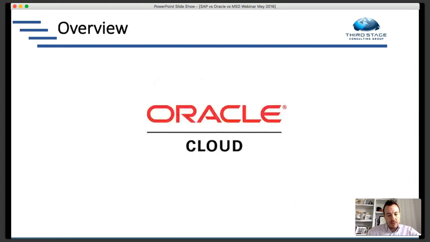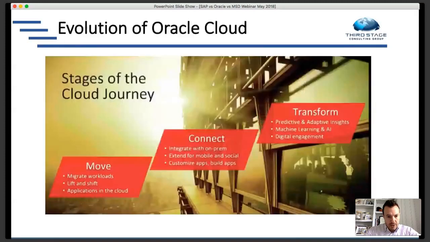So that's a real high level overview of SAP and HANA and the architecture, the scope, the evolution of the product. And now I want to shift gears and talk a little bit about Oracle Cloud. So when we look at Oracle Cloud, it's a similar type of evolutionary process they've gone through. They've moved some of their legacy applications like eBusiness Suite, J.D. Edwards, and Siebel, PeopleSoft, some of the functionality from those different solutions.